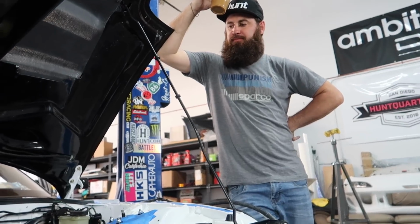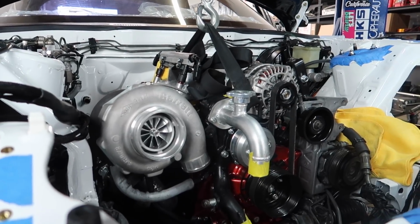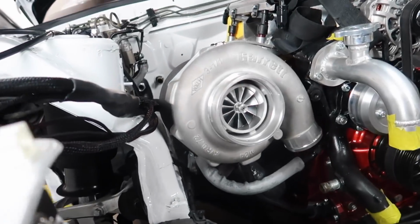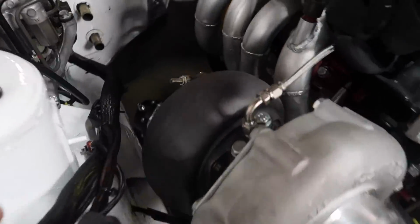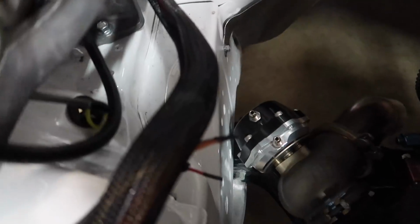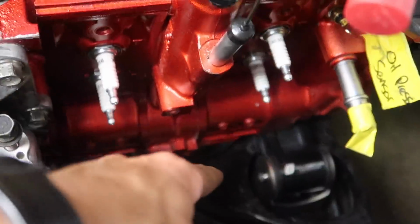Pretty good. It's pretty good. This is like a year in the making to get to this point. It's so tidy too. Like, look at how close all that is. It's not bolted in quite yet, but just seeing the fit and finish here. Look at the wastegate. I just got my bolt in that motor mount, and right now Mickey is trying to